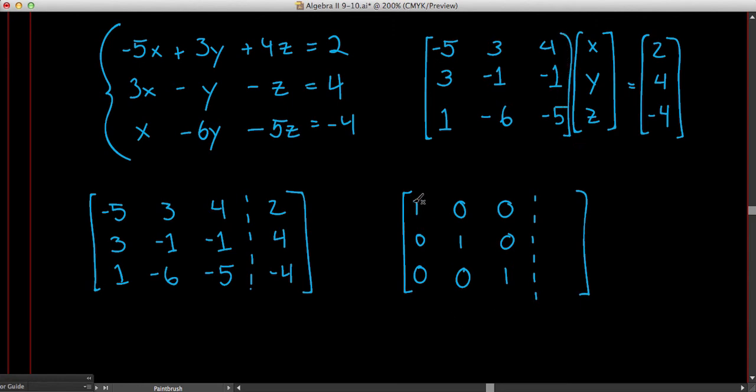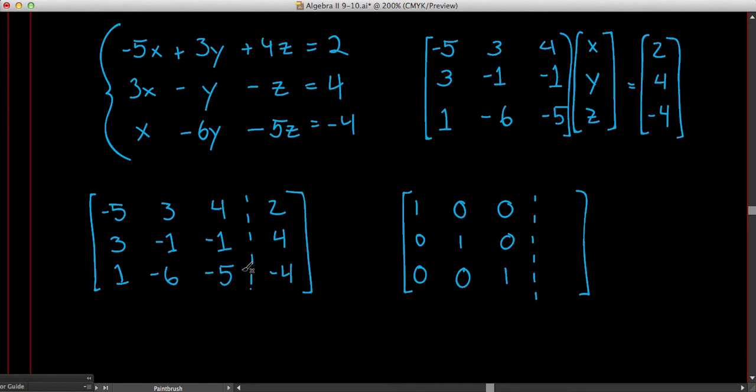So here we have a coefficient on the x column of 1. Here we have a coefficient on the y column of 1, and here we have a coefficient on the z column of 1. So I know that whatever values are over here in our solutions area, x is going to be equal to that value, y is going to be equal to this middle value, and z will be equal to this bottom value. So what we're trying to do is get this matrix over here on the left to look like this,